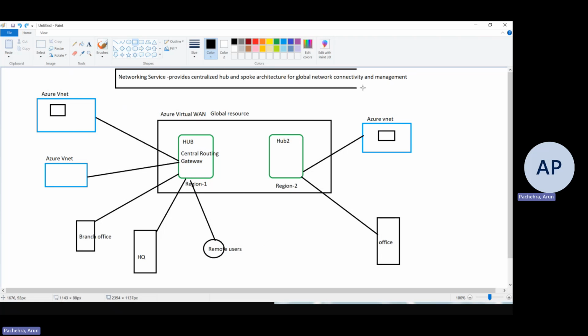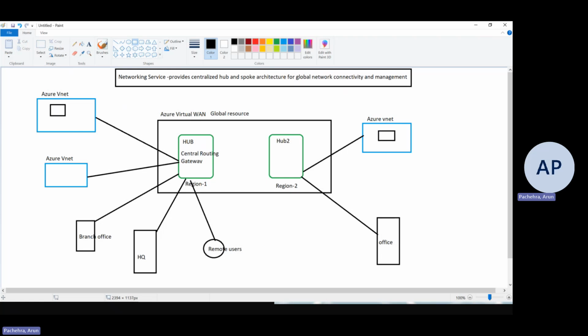This definition is, it's a network service which provides centralized hub and spoke. As you can see, this WAN acts as a hub, and these all are the spokes. If we go granular inside the WAN, we have two hubs. This is the virtual hub for region 1, virtual hub for region 2, and these are connected to each other under virtual WAN. It's a wide area network for you guys only, right? I hope now it makes more sense. Now let's